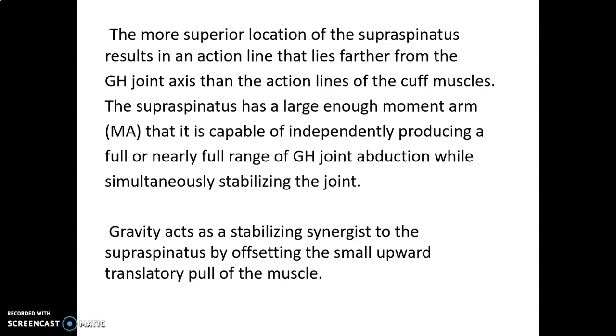We already studied in the first chapter that the moment, or the torque, always increases whenever the perpendicular distance between the action line and the axis increases. So here you can be sure that the